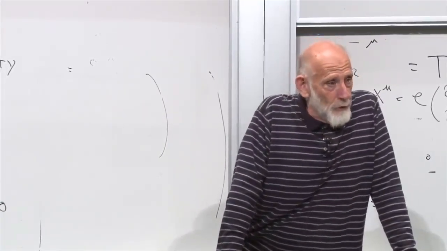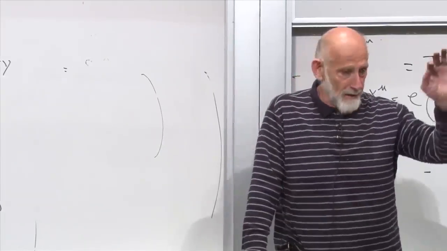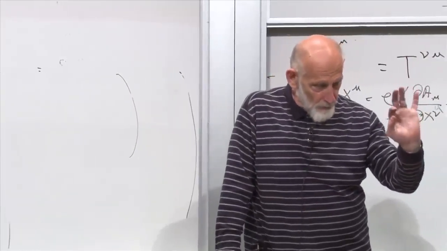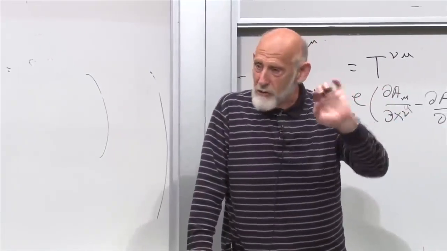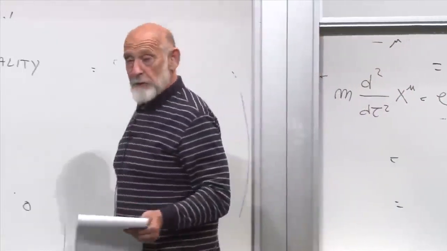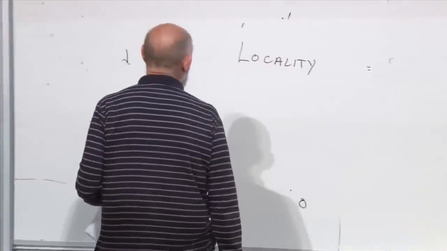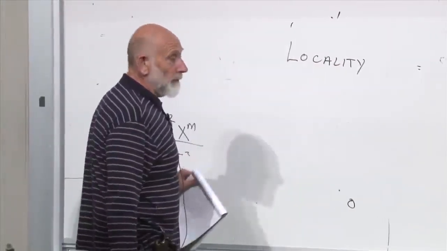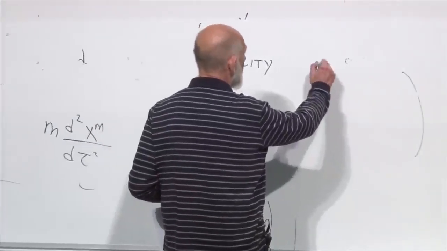The equations of motion are equations between things at a nearby, in a small vicinity of the time, being related to other things in the same small vicinity of time and space. How do we represent, how do we implement that? That's called locality. We implement that by making the action